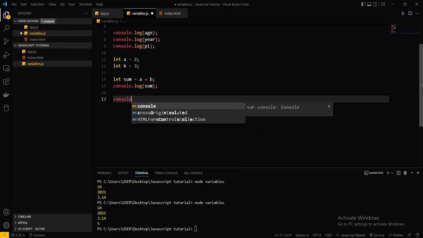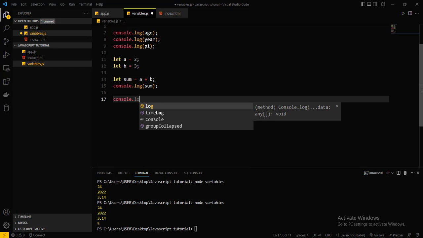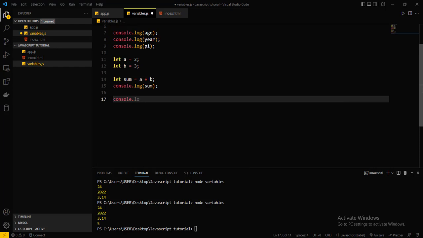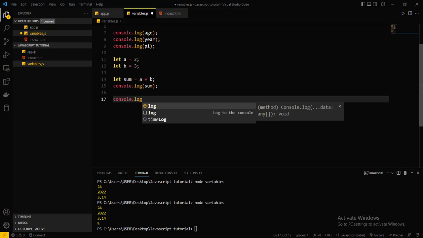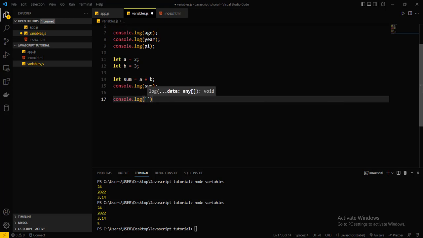Console.log and write the variable. What we are writing now is called strings, but we are going to talk about that in data types later. What we've been using, 2, 3, 3.14, 2022, those are numbers, but we'll talk about them in data type, which will be the very next video after this one. So let's try and write a little report where we'll be using one name repeatedly. Let's say, okay, Sam